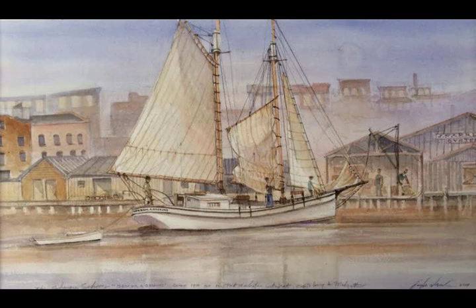Well, he was always interested in history, and he'd give tours to the Boy Scouts and that kind of thing, and he'd speak at the History Association and that kind of thing. But he was a businessman by duty, but when he retired, he got to do what he loved, and he went back and got his master's in history and specialized in maritime history,